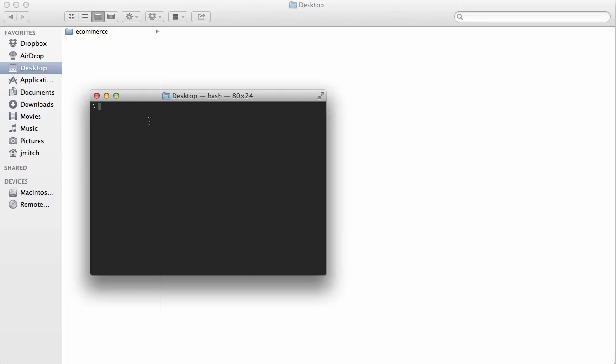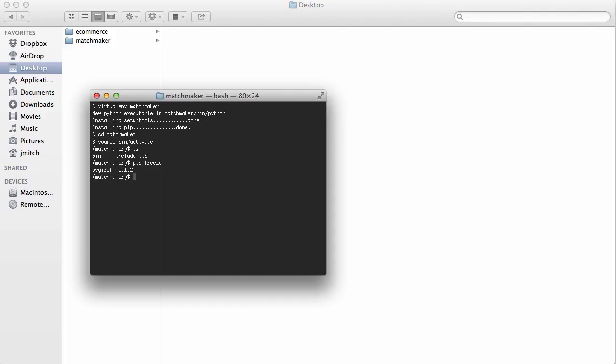Okay, so I'm in our desktop to set up our virtual environment, and basically what we need to do is just type out virtualenv, and we will call it MatchMaker. Alright, so that sets it up, and then we're going to change into MatchMaker, and we will do source bin/activate, and now we have our virtual environment going, so we can do a pip freeze real quick to see